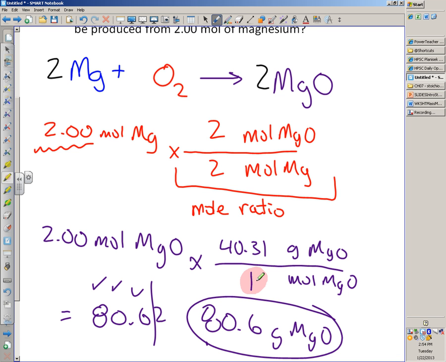Somebody asked me, shouldn't that be 2? Do you know why they asked, shouldn't that be 2? Because in the equation up the top, what number comes in front of magnesium oxide? 2. But here, we're comparing this on a 1 mole basis going from moles to grams. Now, 2 only comes from the coefficients for comparing moles to moles in the mole ratio. That sheet that I gave you today